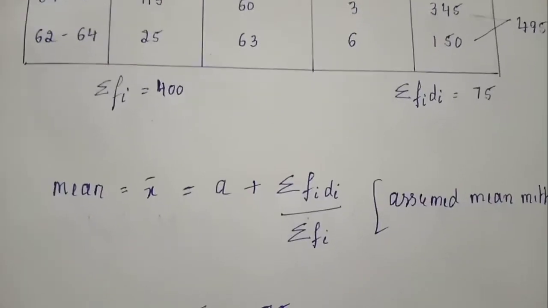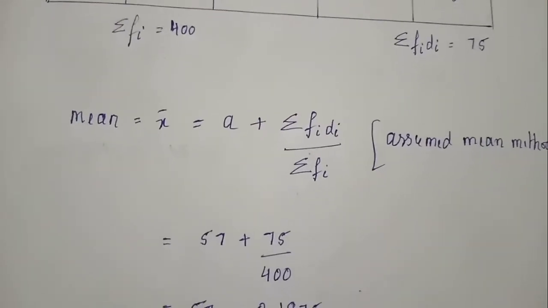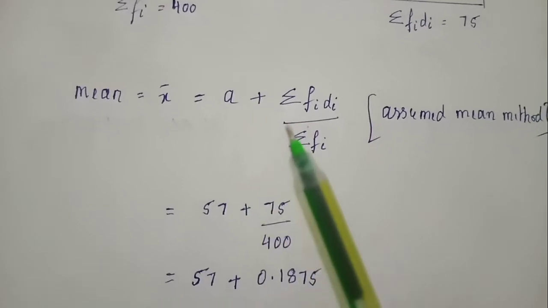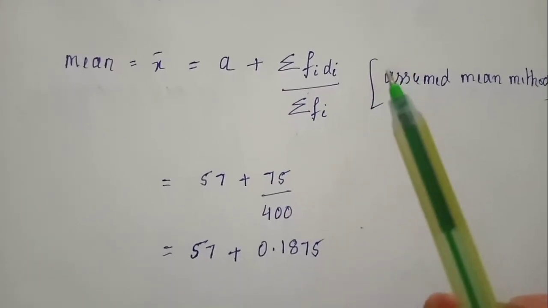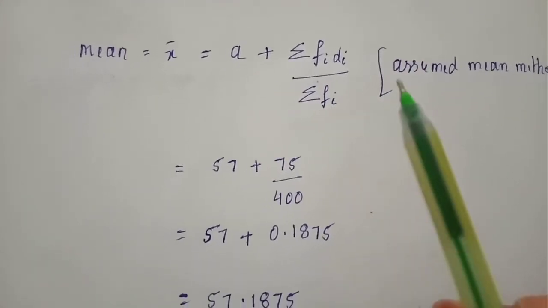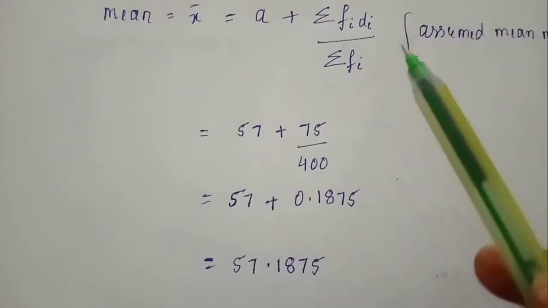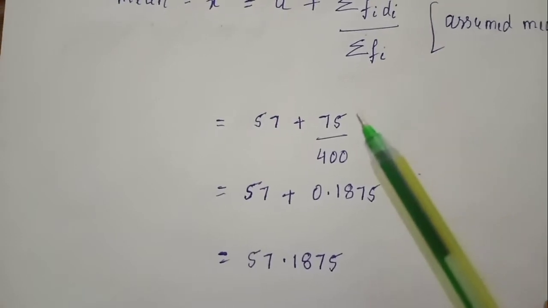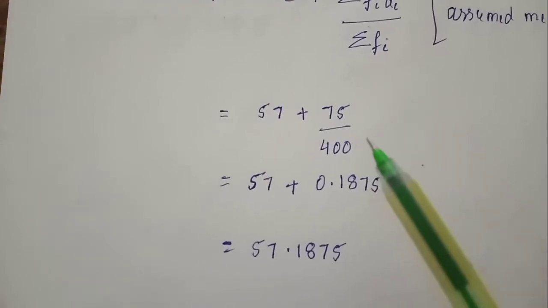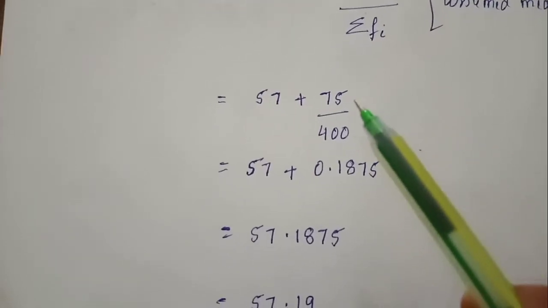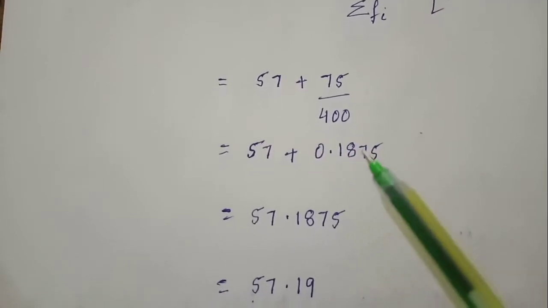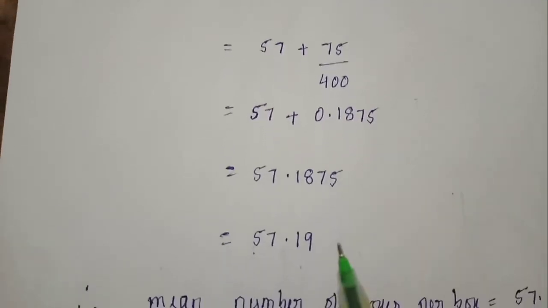Now we are ready with summation of Fi and summation of Fi di. Now what is the formula for assumed mean method? Mean, x bar, equals a plus summation of Fi di divided by summation of Fi. Now substitute a is 57, summation of Fi di is 75 and summation of Fi is 400. So divide 75 by 400, we get 0.1875. Add, we get